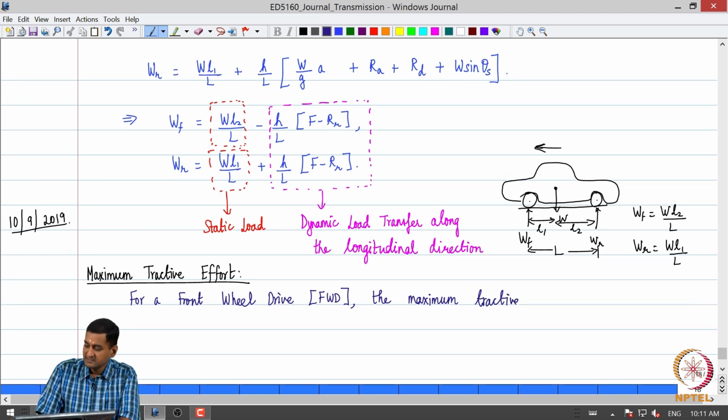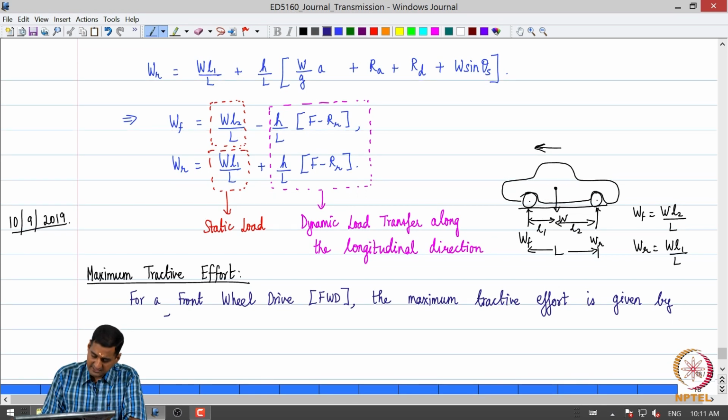Please note that from yesterday's free body diagram, the tractive effort at the front was called FF, the tractive effort at the rear was called FR. For a front wheel drive, FR is 0, okay. So only the front wheels are driven. So the maximum tractive effort is given by,